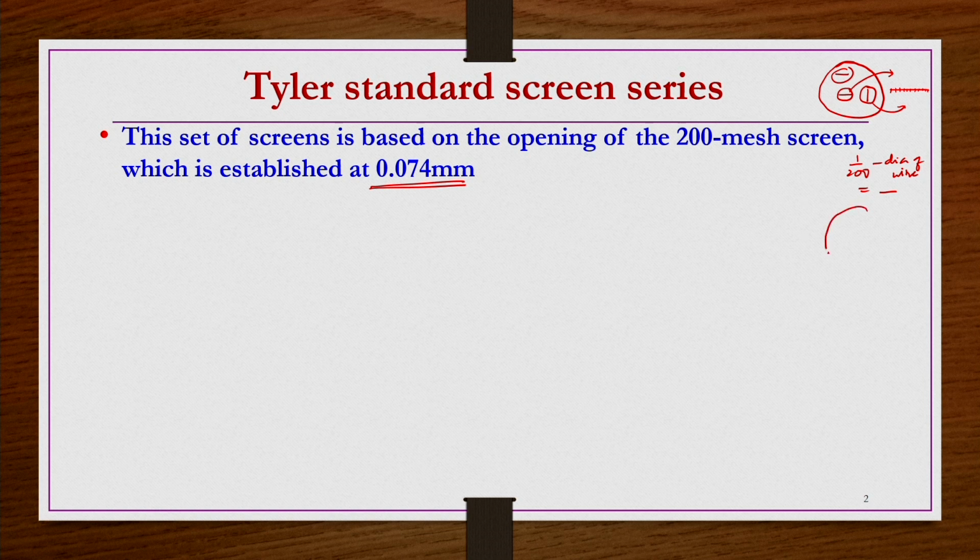Let us say the mesh number is larger, that means the aperture is smaller. So, the largest mesh number will have the finest opening. The next opening, whatever the next smaller opening is, you have to construct like that. So, a proper ratio should be maintained. In this particular screen, let us say this is one screen. We have seen that these constructed apertures are in square size, right. Like that, you can take the next smaller one.